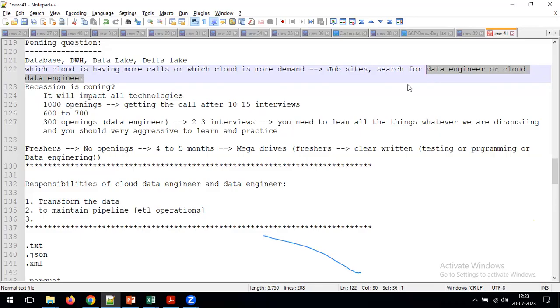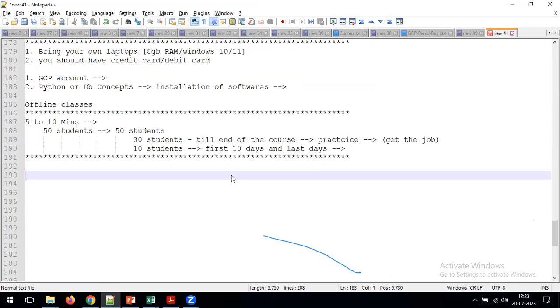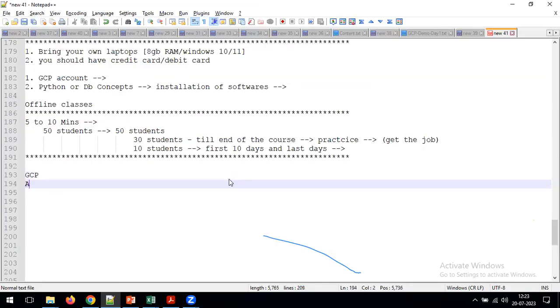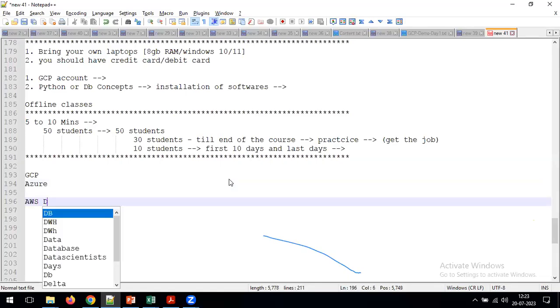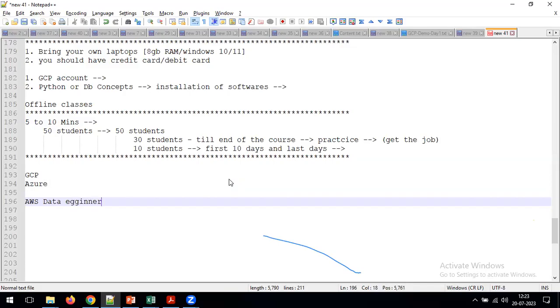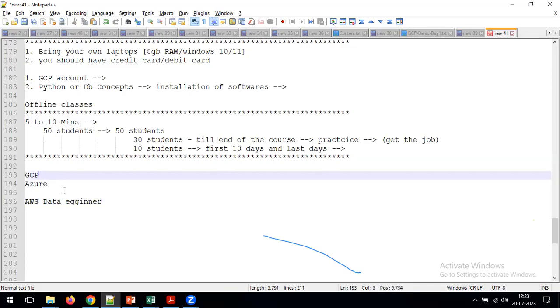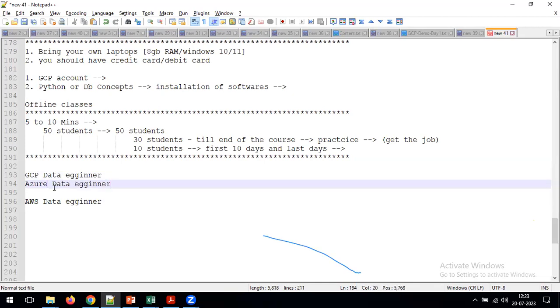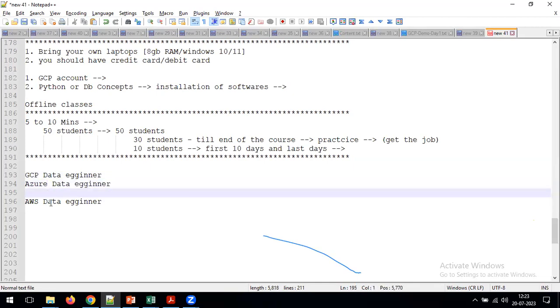And I just want to let you know, in our institute we are conducting GCP Cloud Data Engineer, and we are conducting Azure Data Engineer also, and we are going to start the AWS Data Engineer also. So don't assume that we are having only GCP data engineer. For GCP data engineer, I am the faculty.